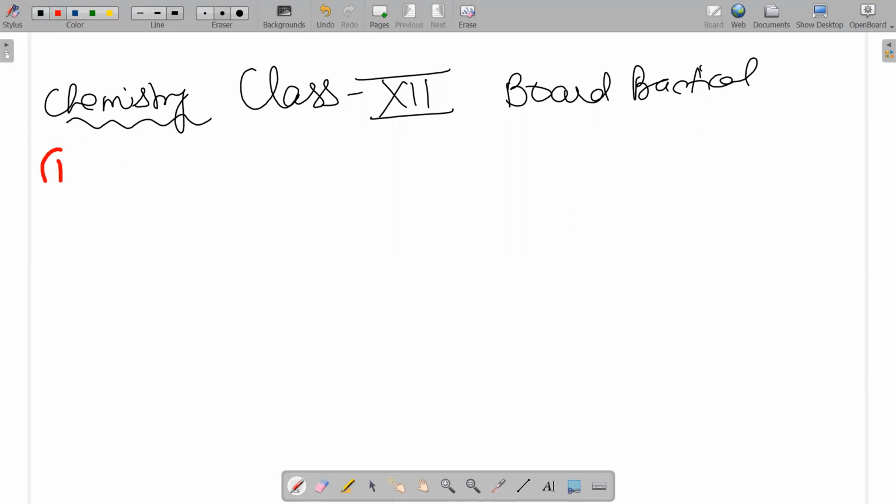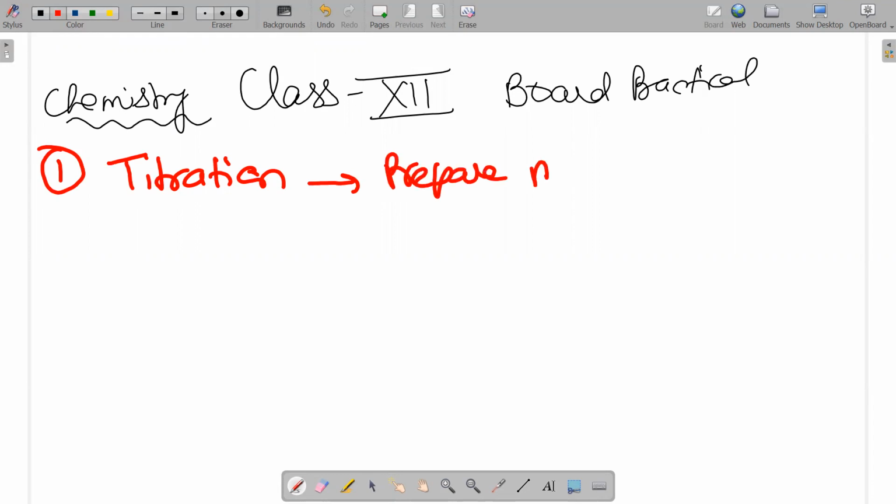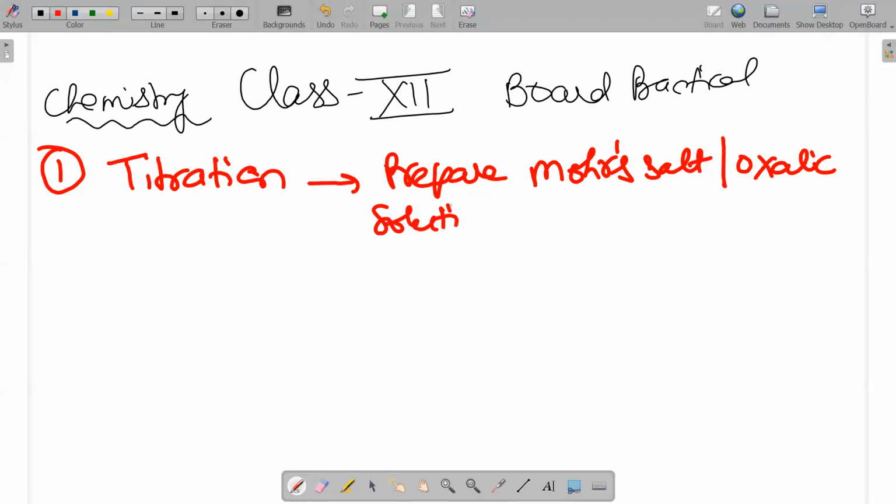Number one, titration. In titration, you have to prepare Mohr salt or oxalic acid solution. So first we have to prepare the Mohr salt solution or oxalic acid solution of a given strength. And using this solution, after preparation,